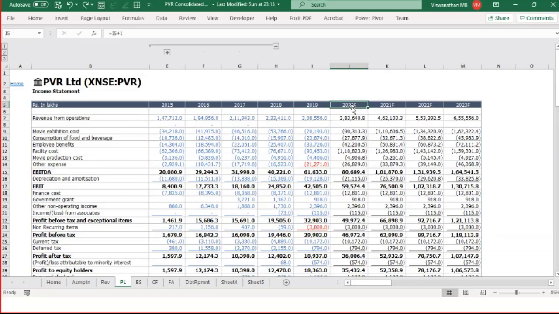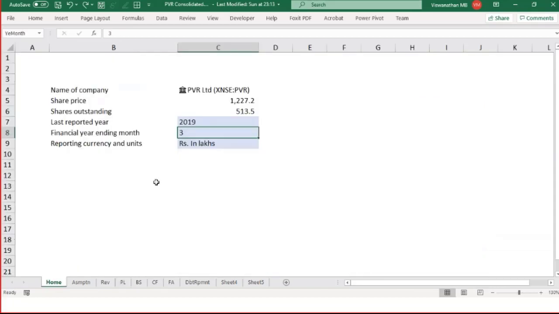Tomorrow, if the actuals for 2020 come in, what do we do? If you've worked on models in corporate budgeting or in equity research, this is a very common scenario. You have actuals for a few years, you have budgets for a few years, and eventually the actuals do come and you have to replace your budgeted numbers with actuals. Now, what you have to do is copy paste things here.